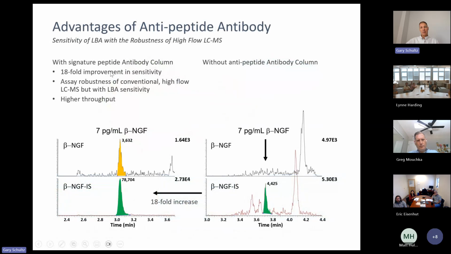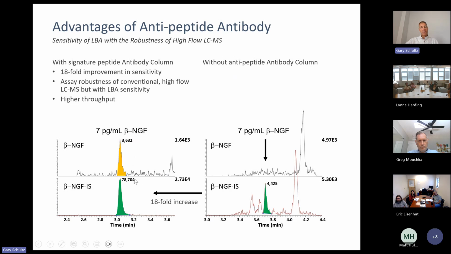And what I show here is a digestion at the protein level to a peptide, and this shows the peptide signal when we also incorporated the use of an antipeptide column in combination for the LC-MS. So the LC-MS actually had three columns. It's the antipeptide column and then a trapping column in order to concentrate the peptide that we captured with the antipeptide, and then to further elute that trap column to a nano LC column in order to achieve a 7 picogram per mil LLQ for this particular biomarker.